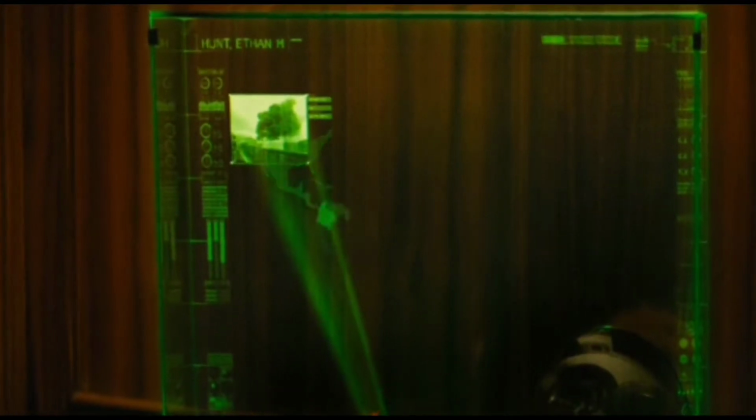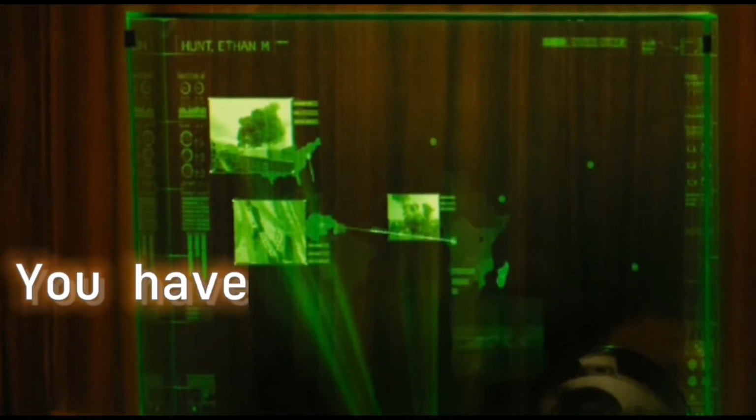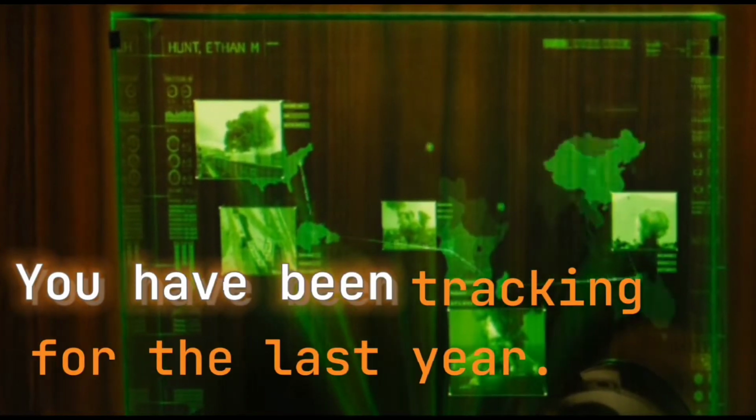To inciting revolution by enabling acts of terror in nations friendly to Western interests. IMF suspects this to be the same shadow organization you have been tracking for the last year, also known as